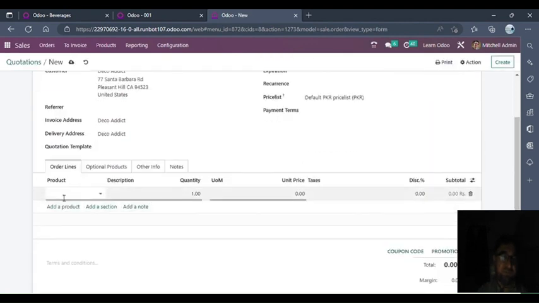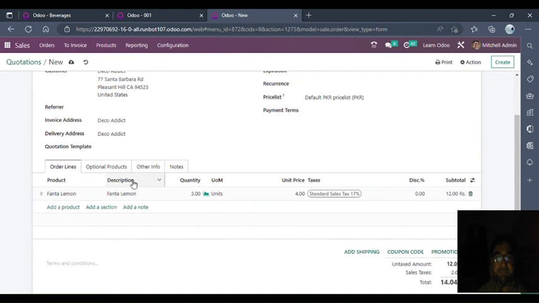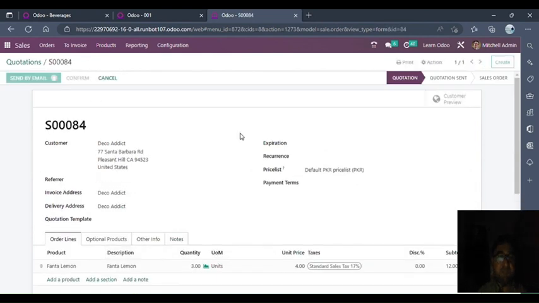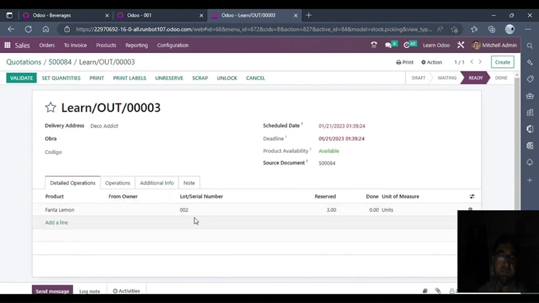Select the customer, select the Fanta lemon product, quantities 3, confirm. Deliveries, lot serial number is selected too. You see this,